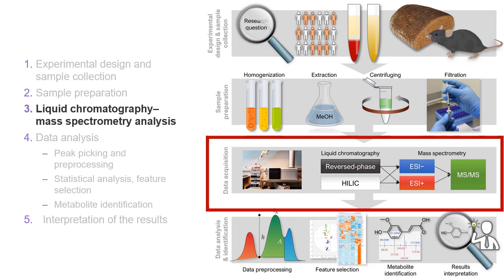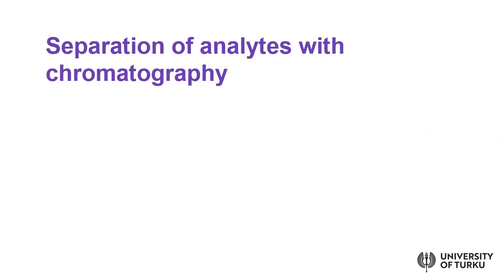And once you then have your sample processed with these, whatever your selection for the procedure is, then it has to be analyzed with one of these. So for example, now we will be mostly focusing on the liquid chromatography and mass spectrometry analysis. Next week you will hear then what these procedures are if you want to focus on NMR-based analytics. So Maria will share that information. But now let's see how LC-MS can be used for metabolomics purposes.